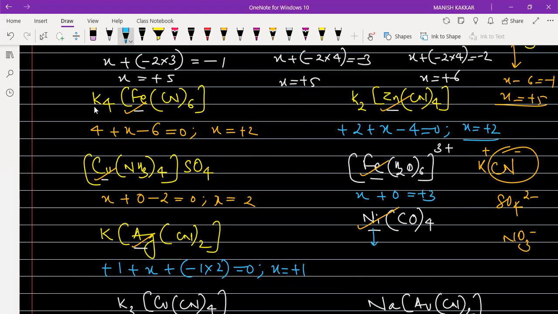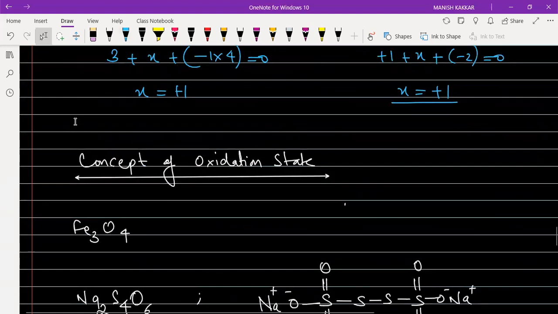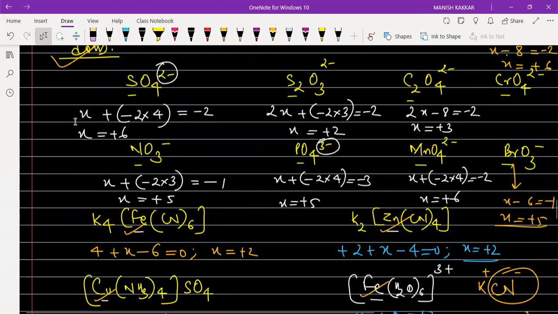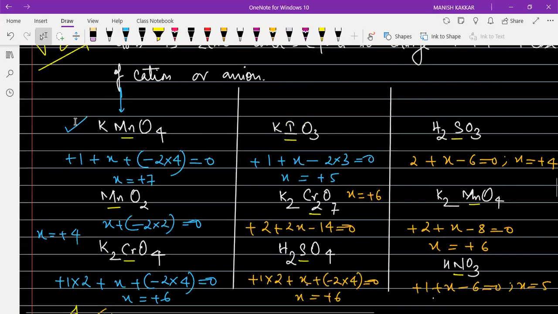For Ni(CO)4, it is x plus 0. CO को कार्बोनिल ग्रुप बोलते हैं, इसमें भी चार्ज क्या होता है? 0. सो निकल पे क्या चार्ज आया? 0 आया। और सबसे लास्ट में जो मैंने एग्जांपल दिया है, +1 plus x minus 2 is equal to क्या हो गया? That is 0. तो x equal to +1 in this case. ठीक है? Is that thing clear? So this is how we, by using the rules for calculating the oxidation number, सारे rules को इस्तेमाल करके निकाल सकते हैं।